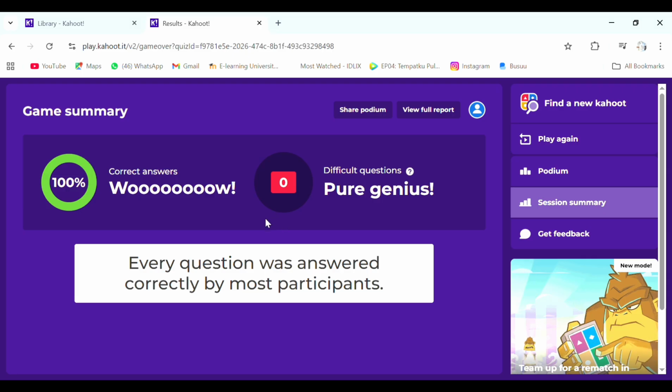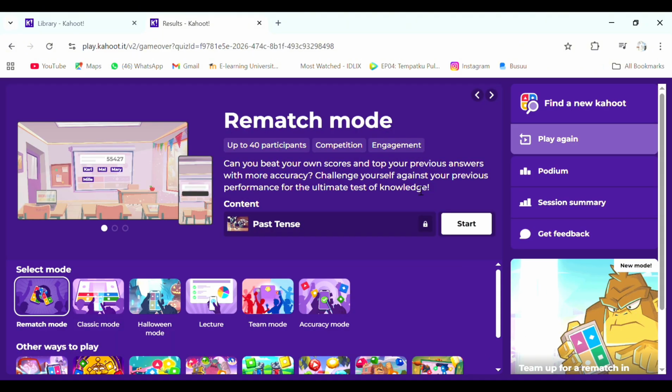I think this makes it easier to understand your students' strengths and weaknesses, because it can help students reflect on their own performance. A great way for self-assessment. You can click play again to play the quiz again.